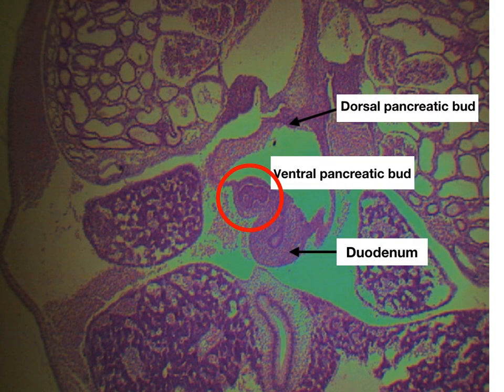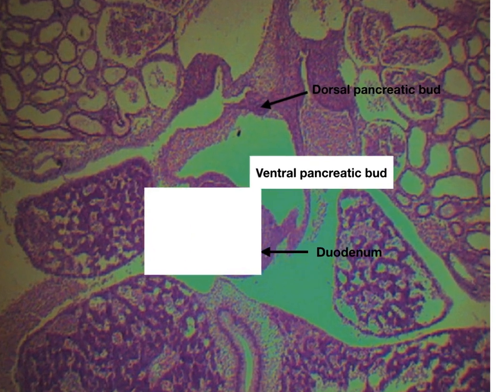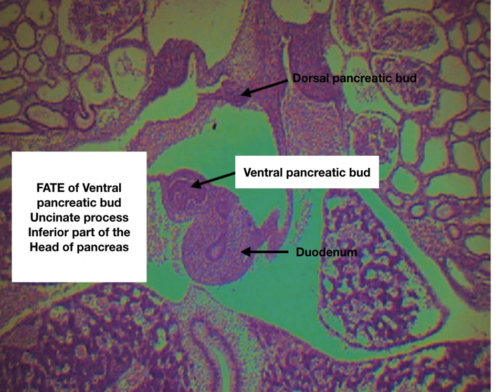In this slide, you will see the developing duodenum. The red circle is the ventral pancreatic bud. There is still seen at the superior part the dorsal pancreatic bud. The ventral pancreatic bud, the fate of which is the uncinate process and the inferior part of the head of the pancreas. Now we go to development of